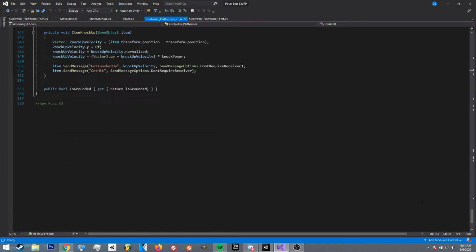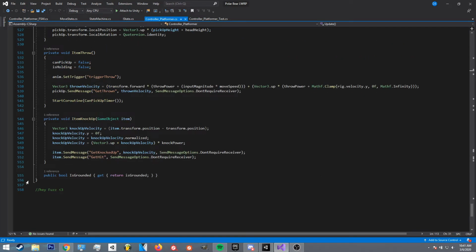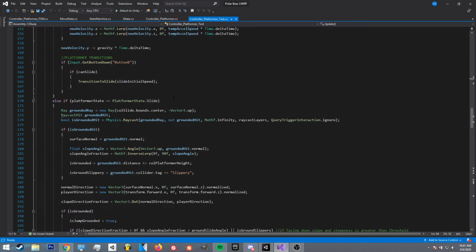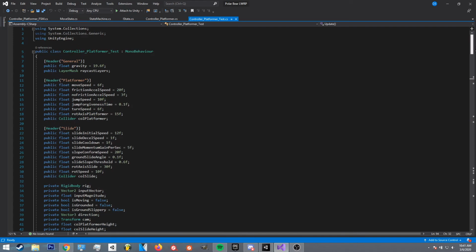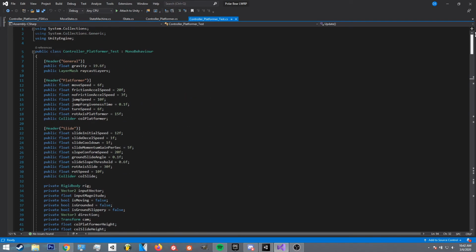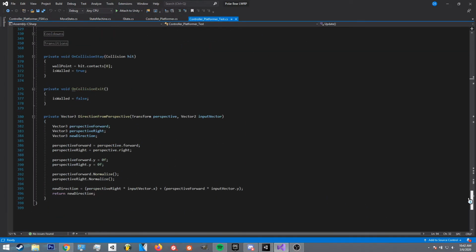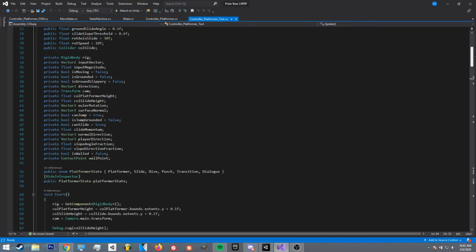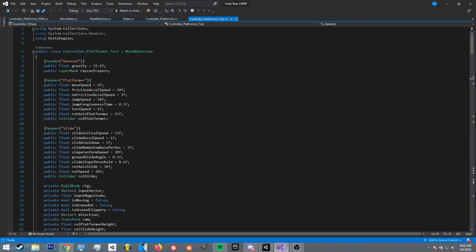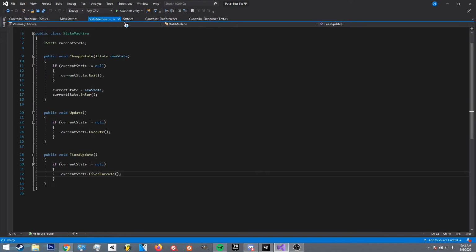This one ended up being almost 600 lines of code. This one was my second attempt at redoing it, I should say my first attempt at redoing it, but my second attempt at making it. And I went with the same approach, and it also kind of got out of hand. So I decided to do this